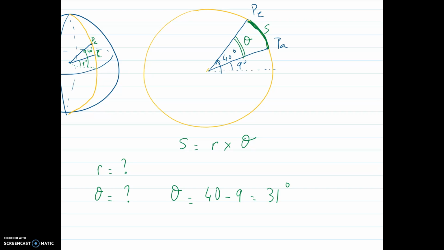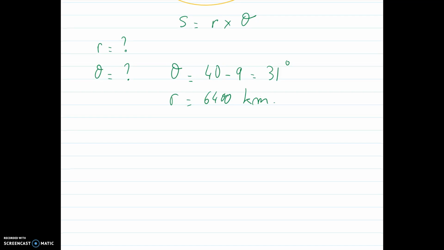If I look at the value of R, which is the radius of Earth, knowing that they are telling you to assume that the radius of Earth is 6,400 kilometers, you will be able to define the distance between the two cities in kilometers, and so you end up to have S equal